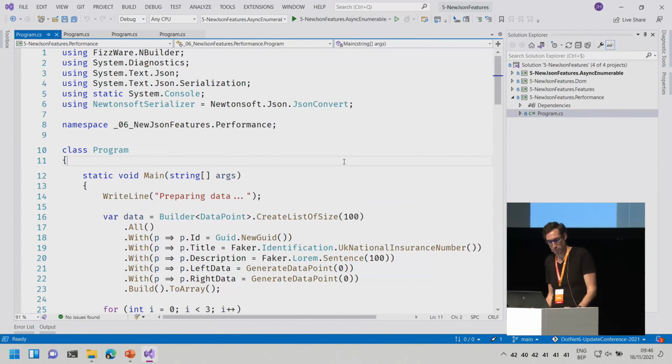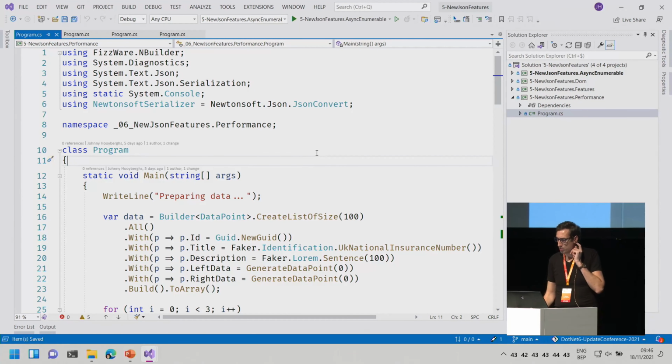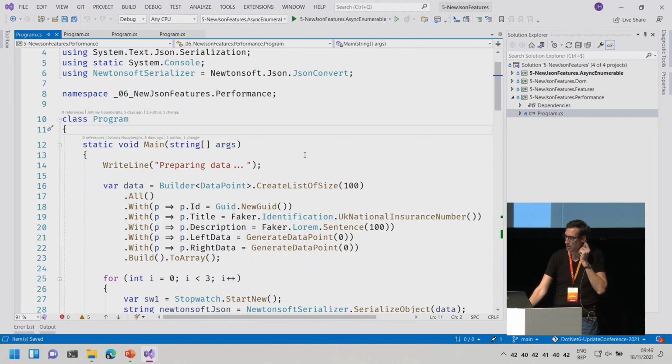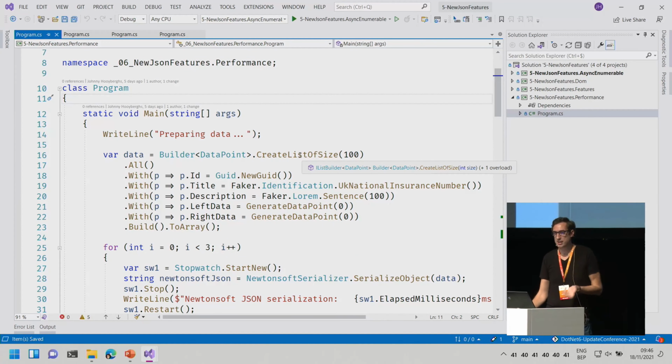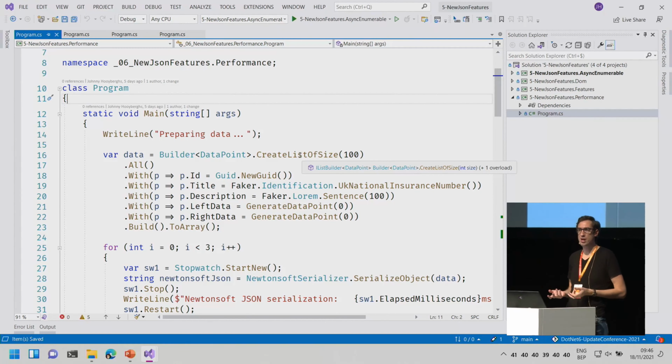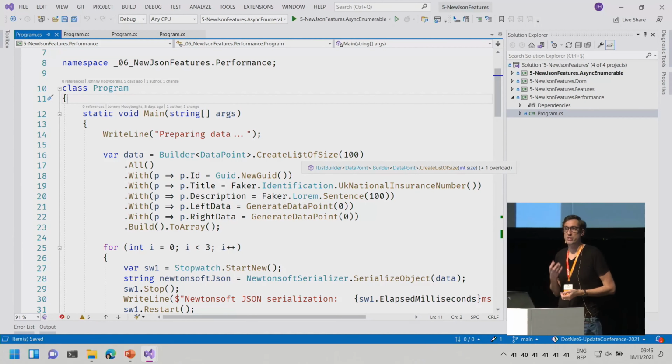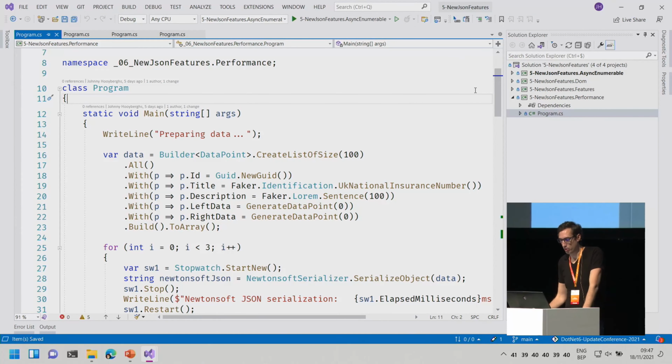And then finally, there's also some new performance added. So I talked about source generation before. So basically, when we are serializing and deserializing JSON into models and vice versa, we are using reflection. We are using reflection to see, okay, in JSON we have this property. Does our object have the property with the same name or with an attribute that tells us that that's the property name? If that's the case, I can just copy those values. So we need a little reflection to do that, and that takes a little bit of time. If you do serialization and deserialization of millions of objects, it's going to cost you because that will take a little bit longer.